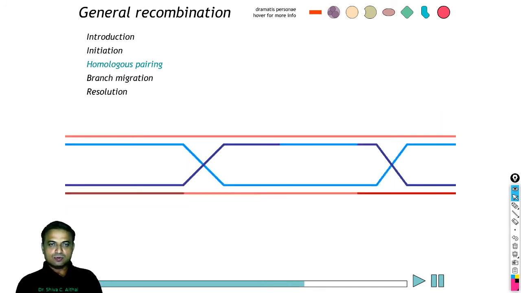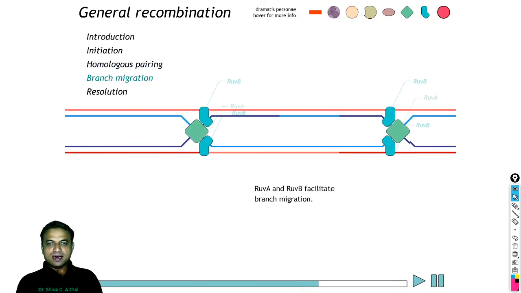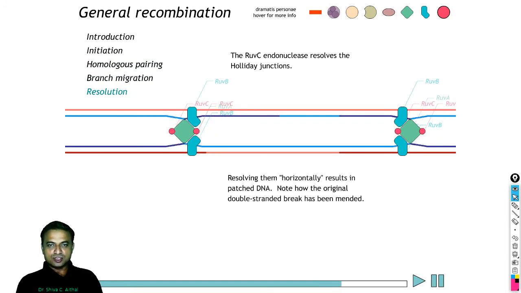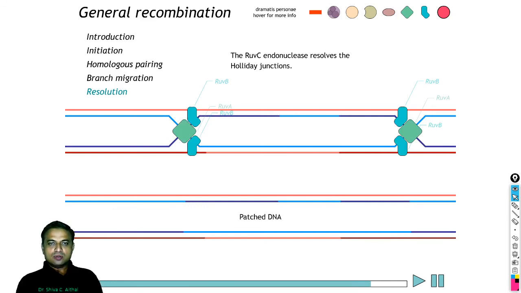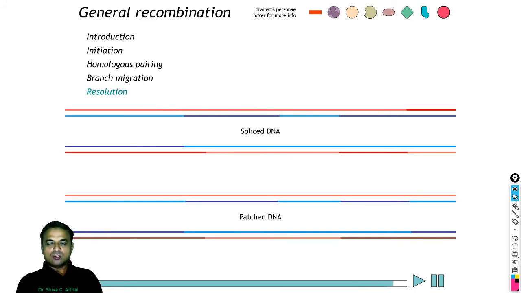the figure, this is one and this is one. A double Holliday junction model results. RuvA and RuvB facilitate the branch migration, and you can see RuvC endonuclease resolves the Holliday junction, and it results in two types of DNA molecules. There are two different types of DNA molecules. One will be called a patched DNA molecule here in this animation, and the other is a spliced